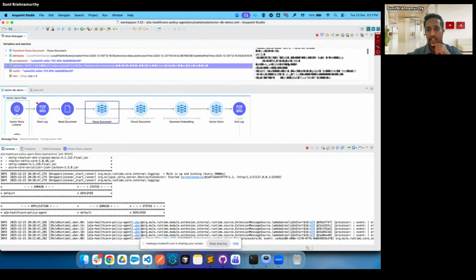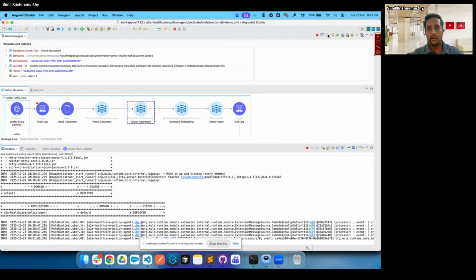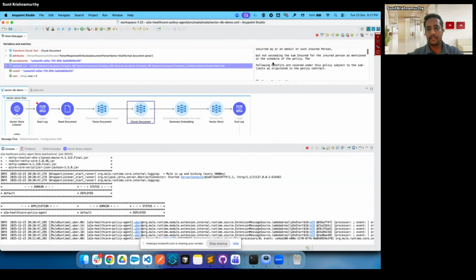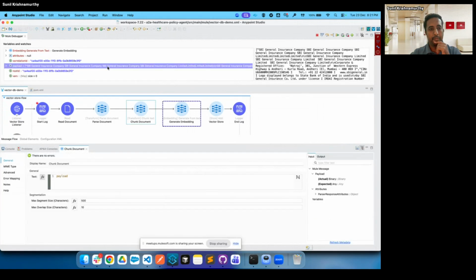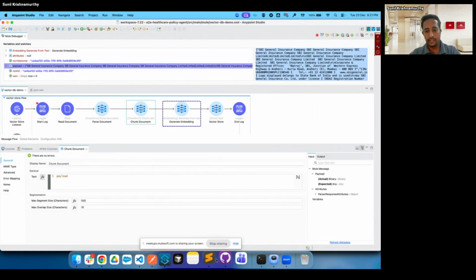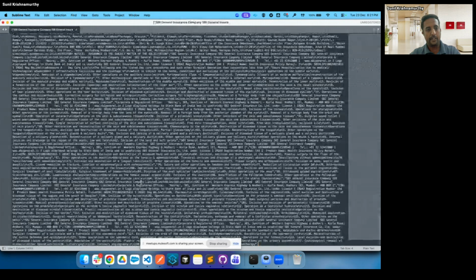When it read, it is all in base 64 format. So you need to parse it, right? Using LangChain. Once you parse, you get a proper text document with all the content that is there in your PDF. After parsing, you need to chunk it. So I'll go forward with the chunk. So chunk is completed. I'll take the entire output of the chunk, put it in my text document and show you,